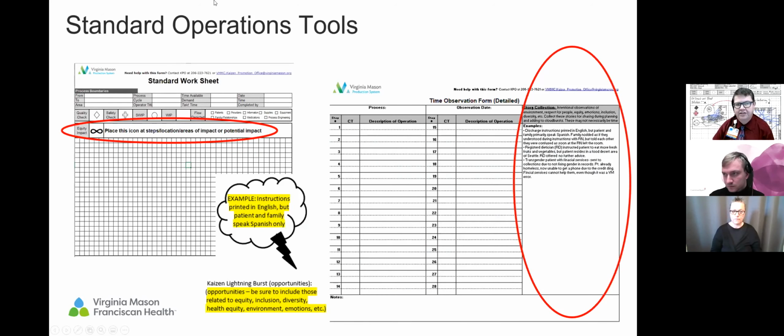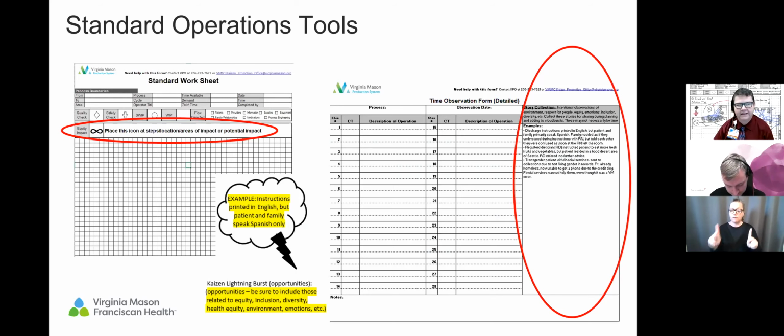We also refreshed our standard worksheet, otherwise known as spaghetti diagram, by asking users to not just call out where quality or safety checks occur, but where inequities may appear. We call them out by using the infinity symbol. We ask our leaders and team members to not only capture what they see, but also capture where the opportunities